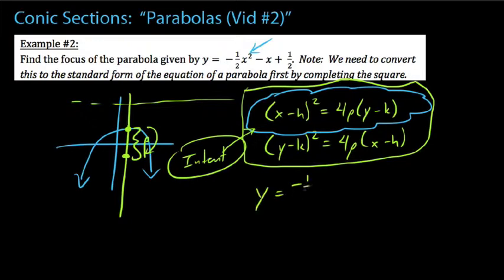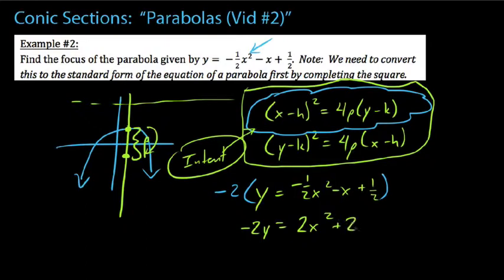We say y equals negative half x squared minus x plus a half. Now, this is just me, but anytime I deal with an equation that has a lot of fractions involved, I'll just go ahead and multiply the whole thing by the least common denominator. So in this instance, we can see the least common denominator here is 2. If we were to double the entire equation, we get a new equivalent equation. So we get 2y equals, let's do this. Let's negative double it. So we'd get actually negative 2y equals